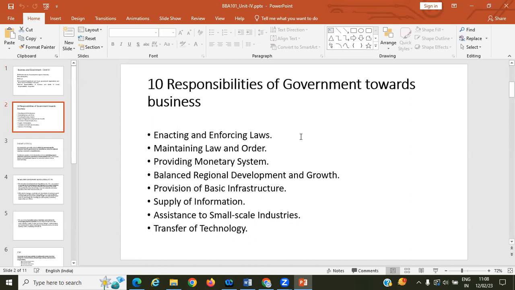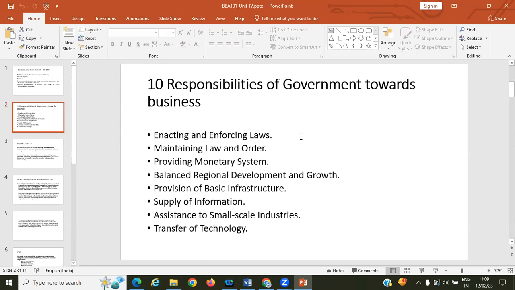In any country, any government, any organization, you have central government, state government, local government, either a municipality or gram panchayat. So all these governments have laws, and when you are operating a business, you are following the laws, and government is responsible to implement that law,